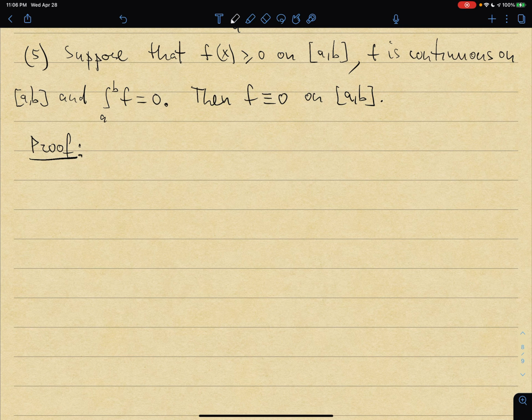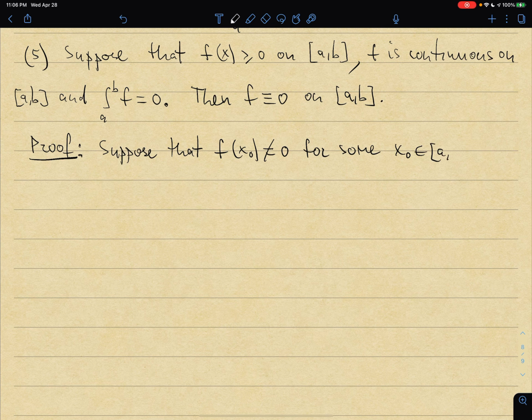Well, so let's try to use a contradiction here. Suppose that f of x0 is not equal to 0 for some x0 between a and b, right? Now, because the function is continuous, there exists, let's say, a delta greater than 0,